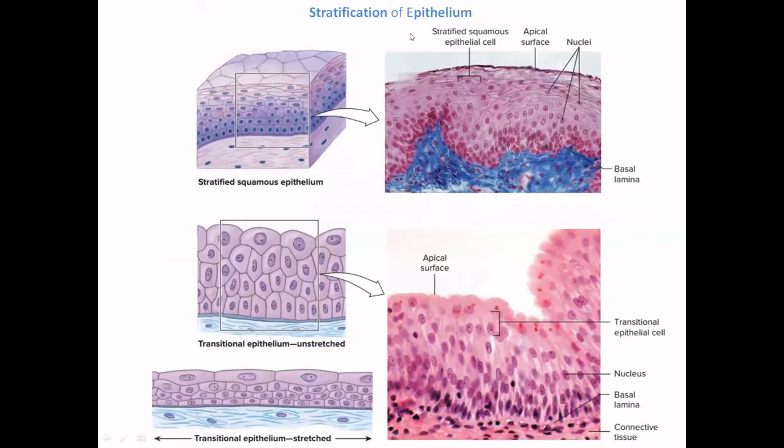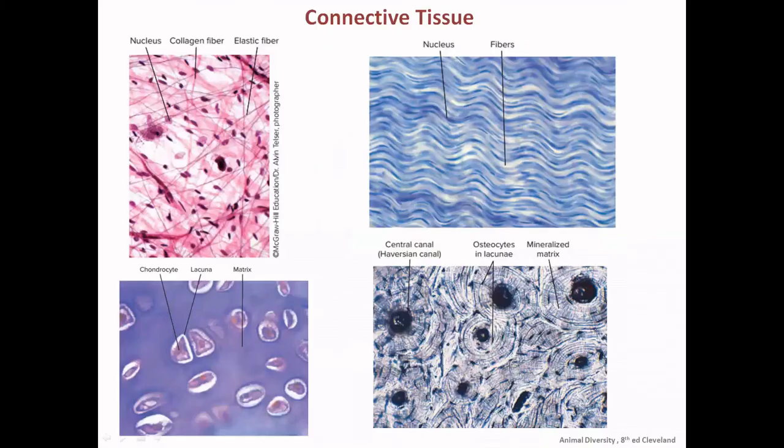Next, the same epithelium can be stratified, meaning there are multiple layers, or it can be transitional epithelium, meaning you can see the layers are not so distinct in this case. So this is a transitional epithelium, or it can be stratified squamous epithelium, and this is the basal lamina where the cells are sitting on the connective tissues. And the opposite side is the apical surface. Next is the connective tissue. Second, the first one, epithelial tissue, was discussed.